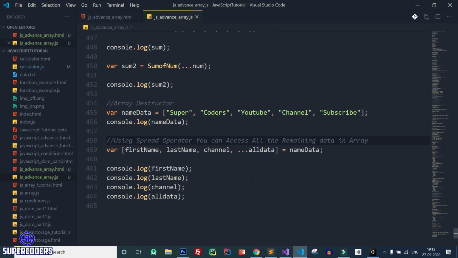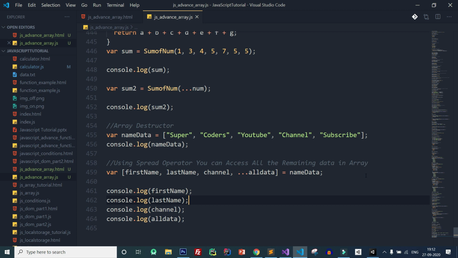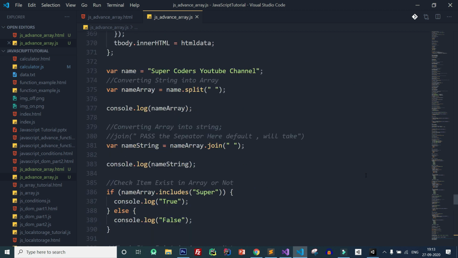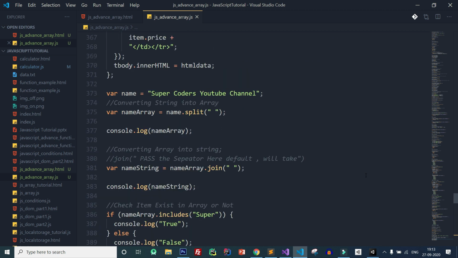So everything is done. In this tutorial I covered all the famous topics of arrays in JavaScript from start to end, with everything like filtering data, sorting data, the spread operator, array destructuring, and other things like how to store data using a for each loop, how to print JSON data or array data in a table, and how to convert an array into a string.